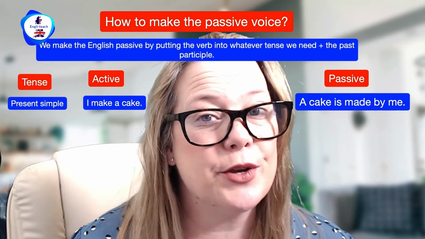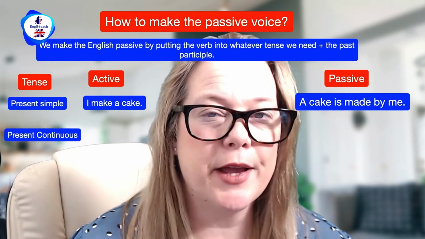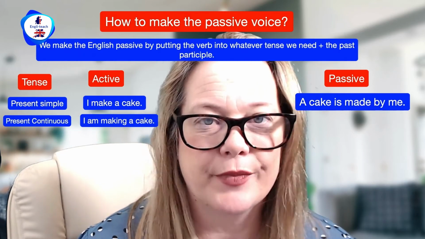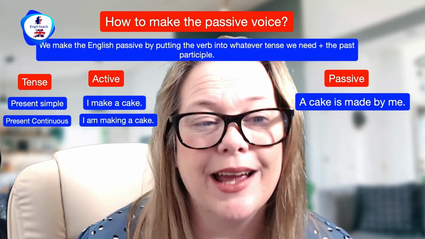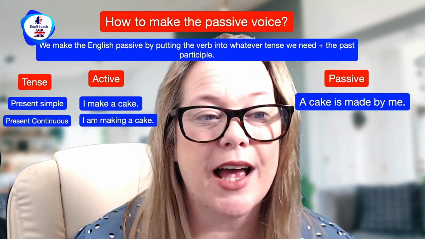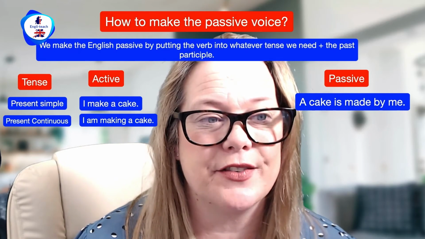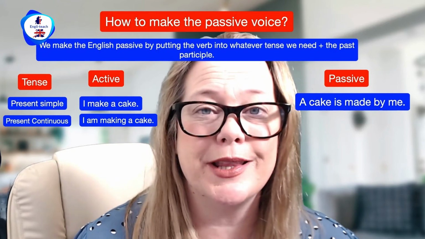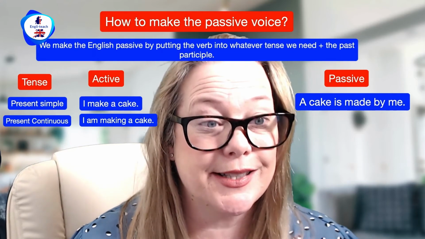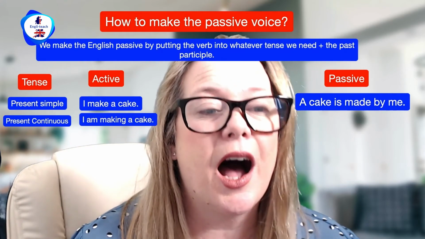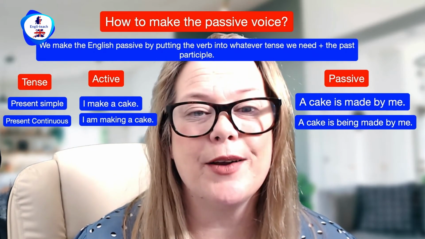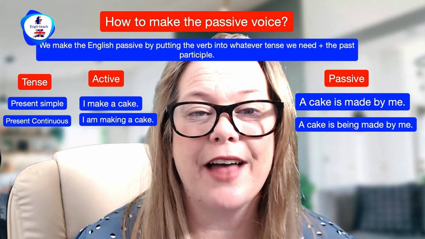Okay, so here we're going to be looking at the present continuous tense. And an active sentence is, I am making a cake. And notice just as in the other active sentence, the person doing the action is used to start the sentence. I am making a cake. Okay, now let's look at the passive voice. A cake is being